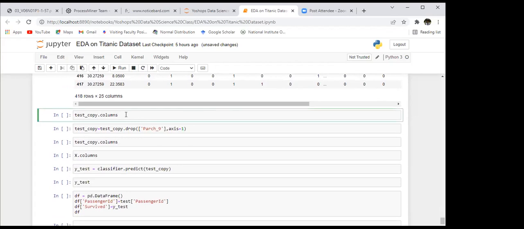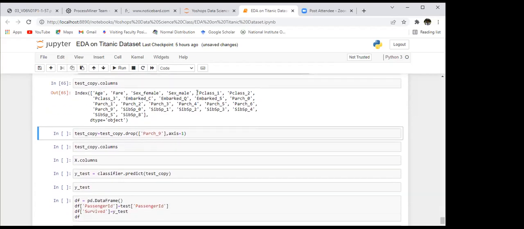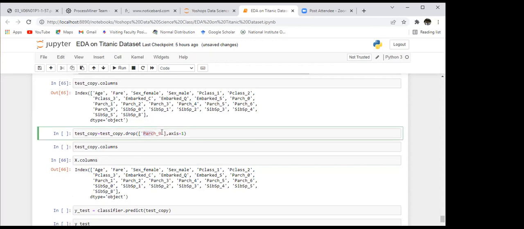One thing you should be careful of here, since you are using the model that was tested on the train data, you have to check whether the order of the columns is the same. So we can take a look at it. Our columns are this for the test data, right? And for X data, the train data, it was this. If you look carefully, our test data has this extra column, which was not there in the train data.